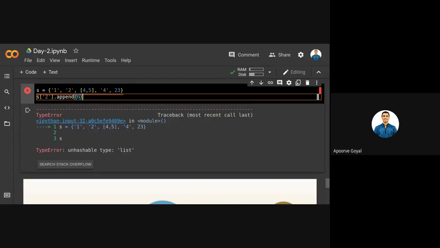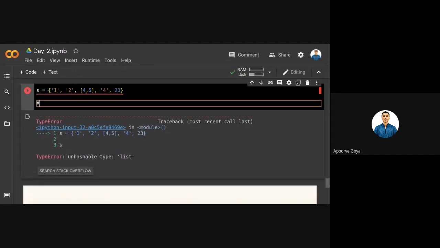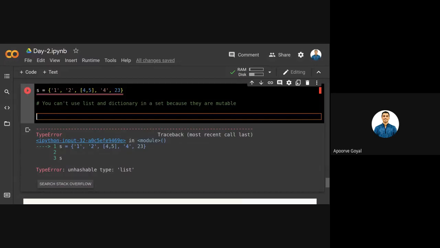This is why you can't use a list and dictionary in a set, because they are mutable. What does mutable mean? That they can be changed, like a new value can be added to a list, or an existing value can be updated in a list.